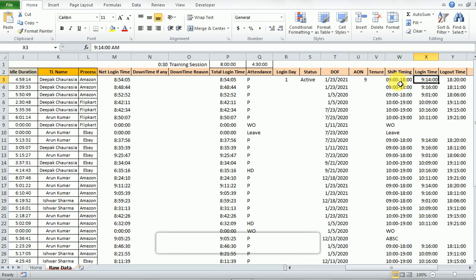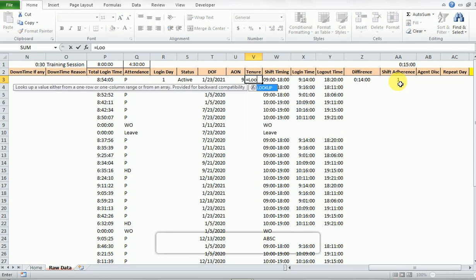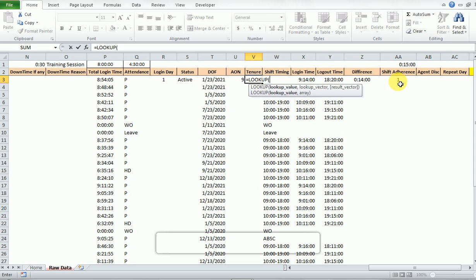Now we have to update a formula for tenure. What is the tenure key? I will tell you how we can bifurcate the tenure key. Wait, marking the formula of LOOKUP. Then mark the value, take the reference of the value and bracket close,